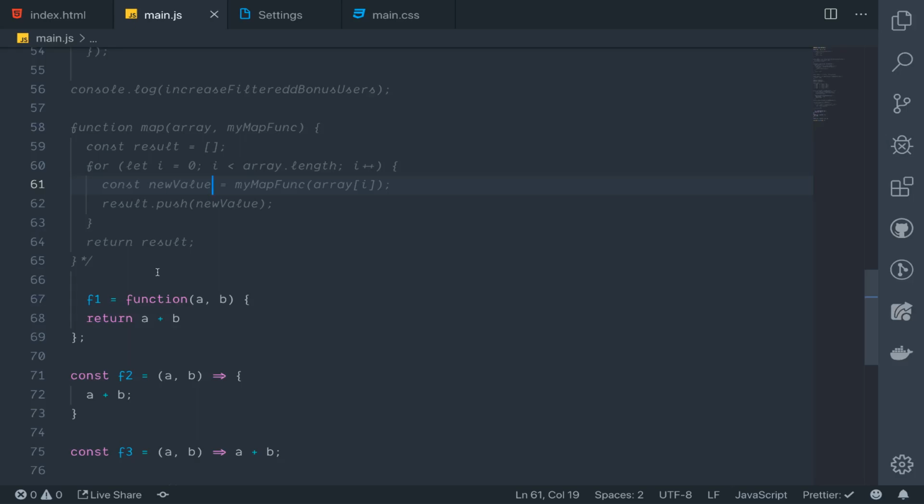So if you say return -1, it means b will be before a in the new array. If you return 1, a will be after b. And if it's the same, return 0. So if you return a minus b,